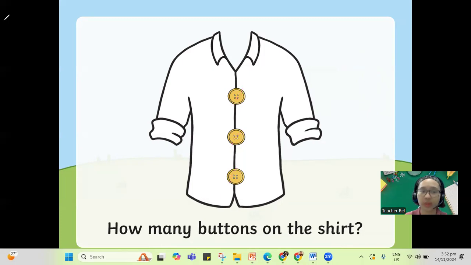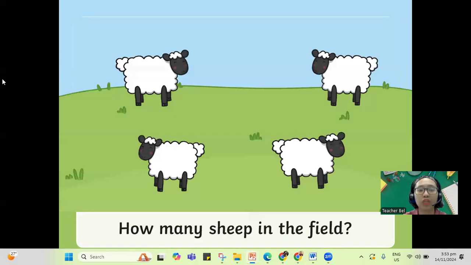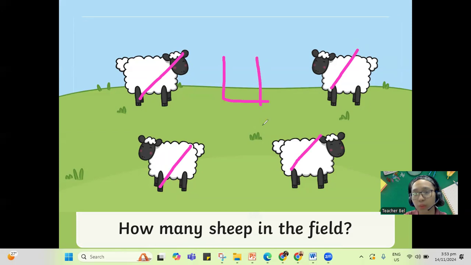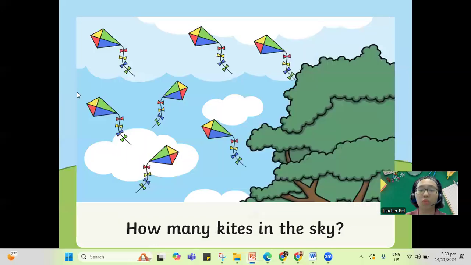Okay, another one. What's our next picture? How many sheep do we have here? Let's count. One, two, three, and four. There's four sheep. So how does four look when you write it? A line down to the right, you go back up, line down. That's four. I see four sheep in the field. Let's erase and do another one.